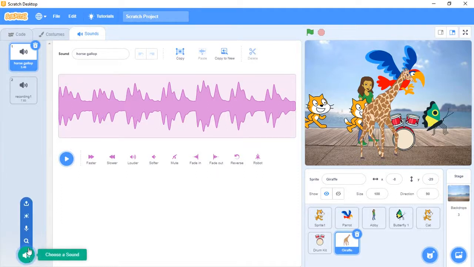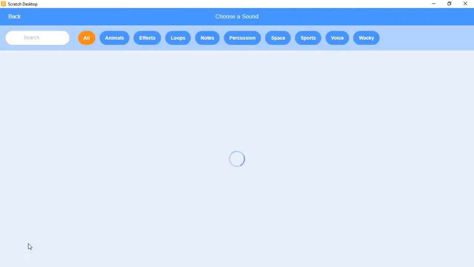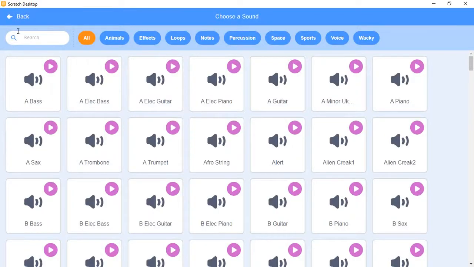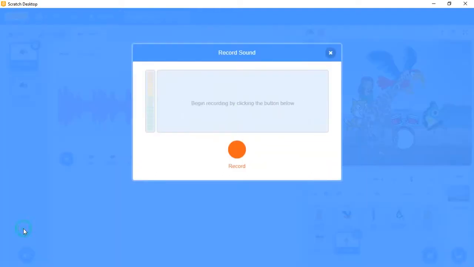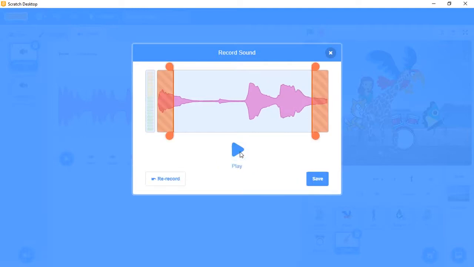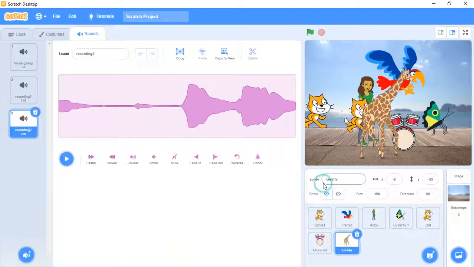Choose a sound: from here you can select the sounds which are already shown. Second, record from here also. Hi friends. Select. Save.